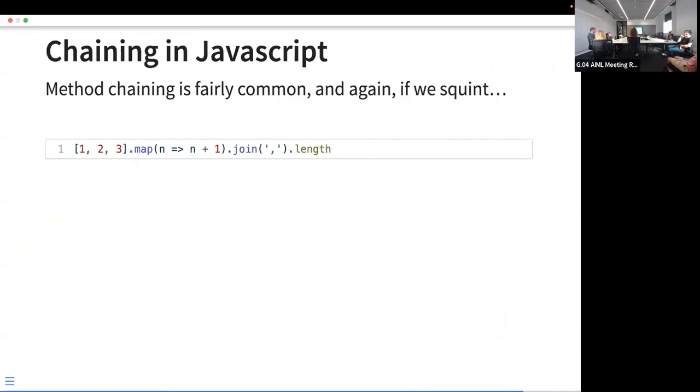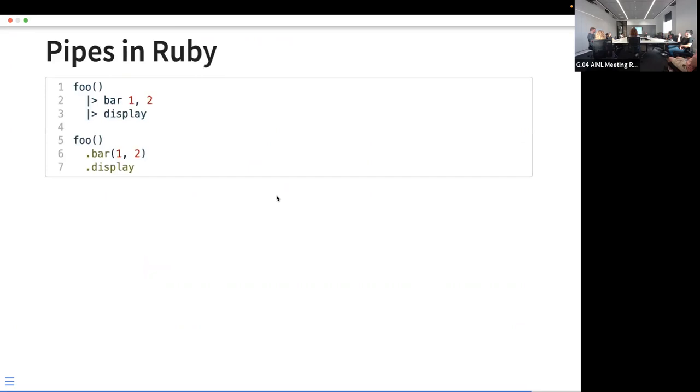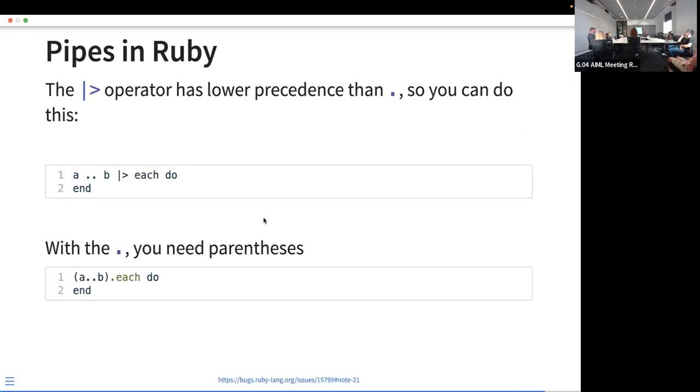But yeah, method chaining in JavaScript is much more common. Again, if you squint, you can imagine if this looked like a pipe, that would be exactly the same. In Ruby, we have the same thing we had before, where you can either do method chaining, or you can do it like this. But that has some interesting consequences, that they have a dot operator that does various things before, and the precedence can matter. So you can do this with a pipe, but you need braces there if you're going to do it with a